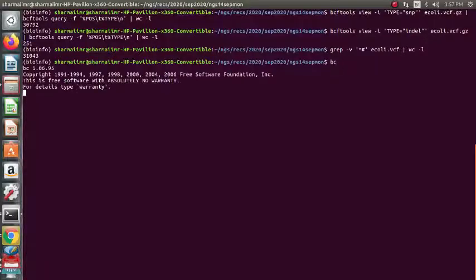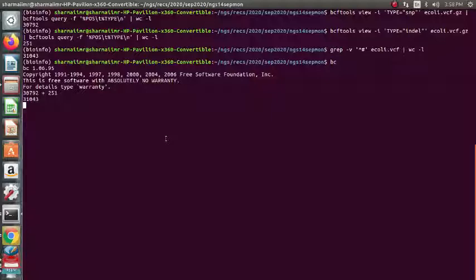Let us check with bc: 30,792 plus 251 is 31,043. Is it matching now? Yes. So among the 31,043 variants, there are 251 indels and 30,792 snps.